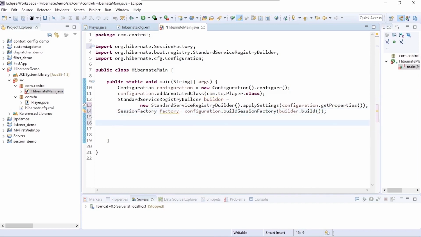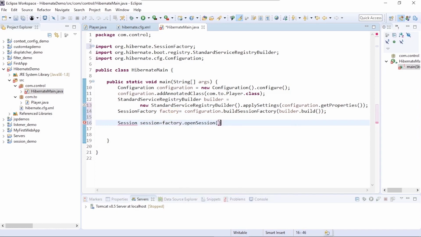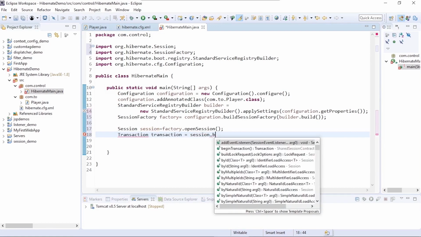Next, we start creating the session equal to factory dot open session. Let's add the Hibernate namespace for session. Then we create a transaction equal to session dot begin transaction.